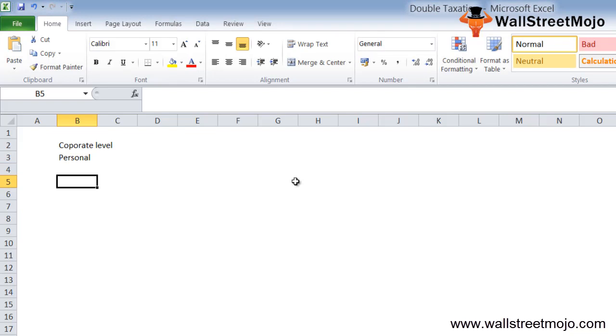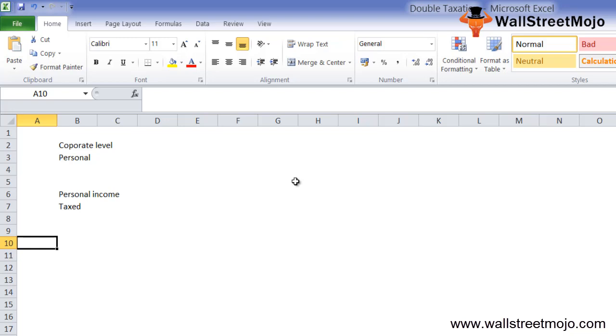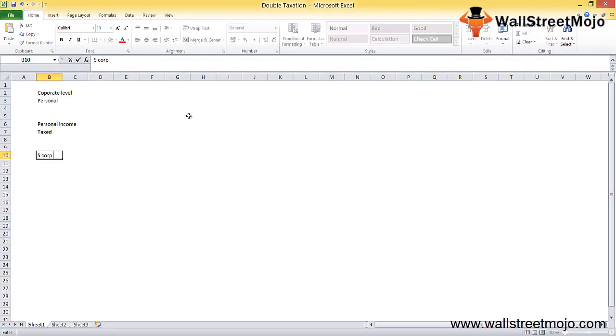For example, corporate profits when earned are taxed as corporate tax and then taxed again as personal income when they are distributed as dividends among the stockholders. Also, in the case of the owner of the organization who is also an employee of the organization, they get taxed when he receives the salary. Again, if he receives a dividend from the company, being a shareholder, he needs to pay tax on it in the personal taxes. Let's discuss double taxation in corporations, S Corp and C Corp, two corporations.